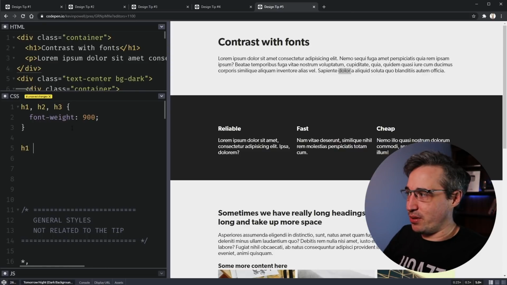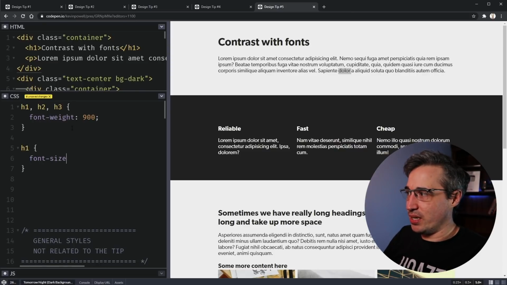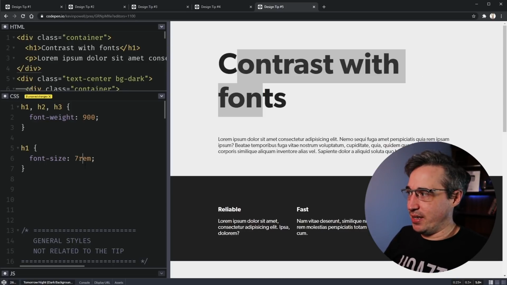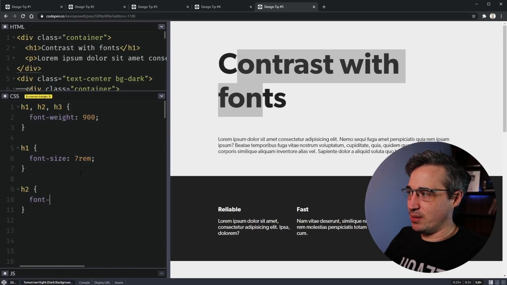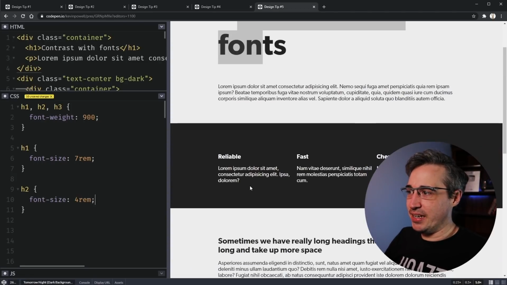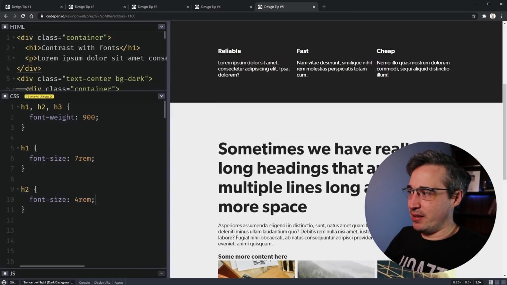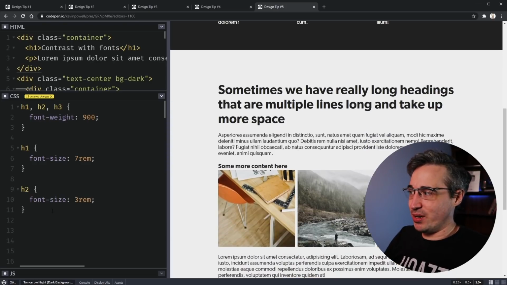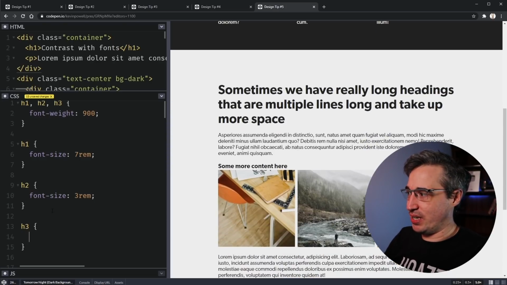One thing that I see people become very scared of is going in with bigger font sizes and other things. So you get a title, having a big title, there's nothing wrong with that. And then having your H2, and again, you can see the line height there maybe needs to be decreased, but we'll go with a font size on my H2s of like 4 rem. Or we'll try a 3, but having these big titles like this, it helps. I find this more visually interesting now, and now we can go down to our H3s and we can have our font size here of 2 rem.